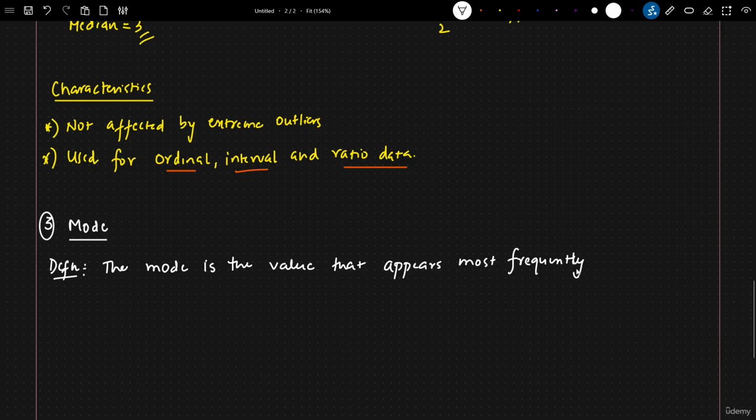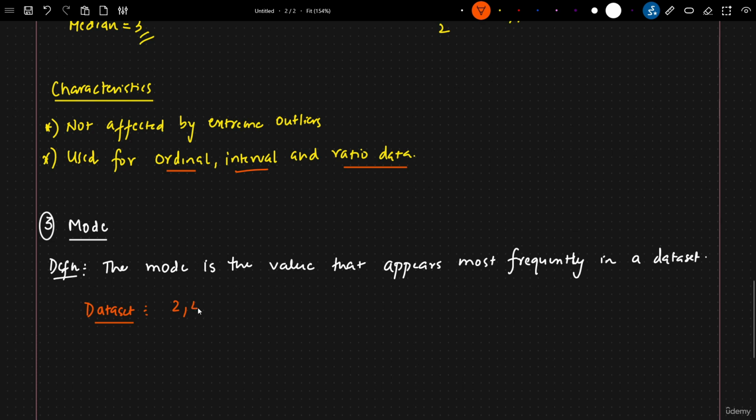Most frequently in a data set. And here, that is what mode is all about. The mode is the value that appears most frequently in a data set. So let's say if I have a data set,